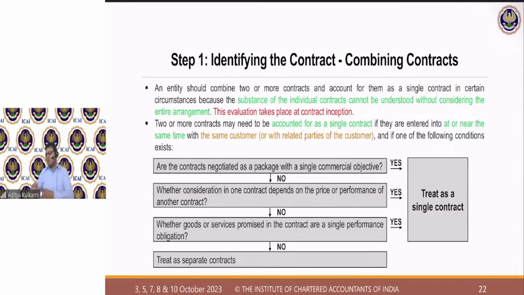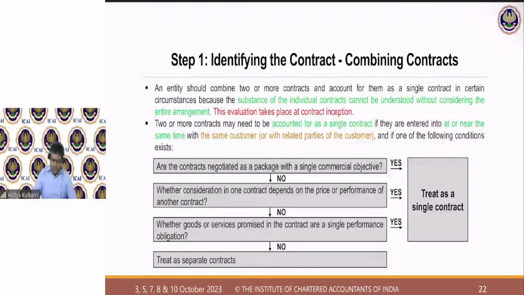Please revise. Whoever have not revised, please ensure you revise. See, what happens is, if you revise on the same day, probably the time that you will spend in revising is only 15 to 20 minutes. If you revise the next day, it may take half an hour. The third day may take 40 minutes. So as we delay the revision, our time for revision starts to increase, and you don't have only financial reporting as a topic, right? You have so many other subjects to revise.